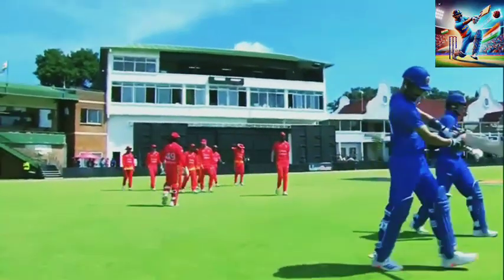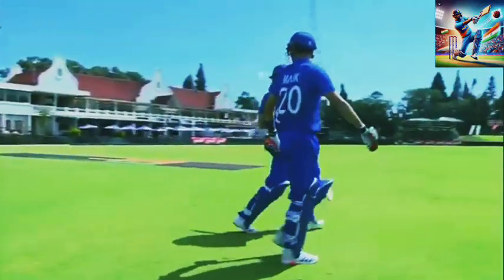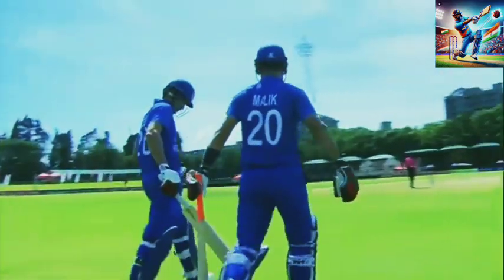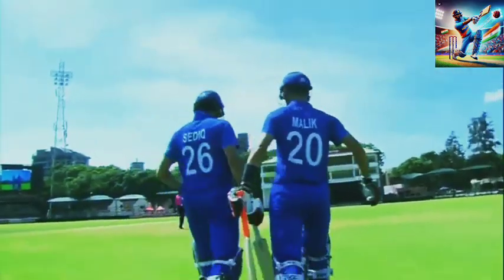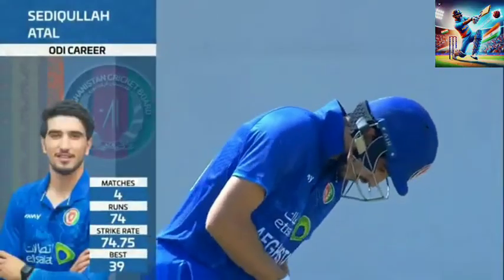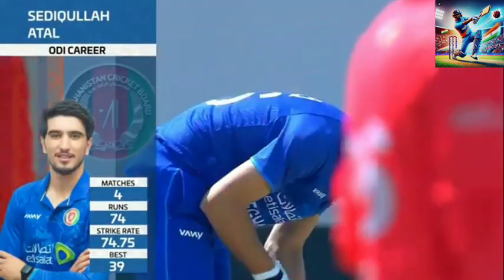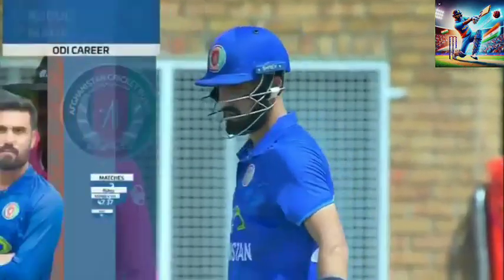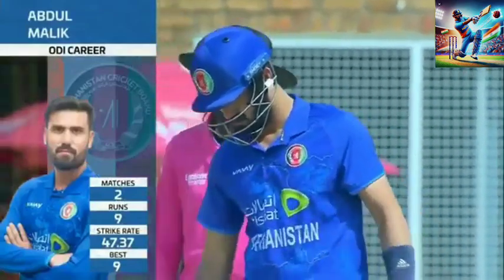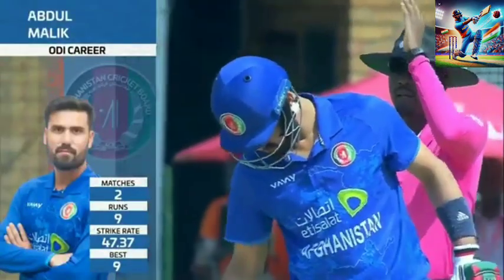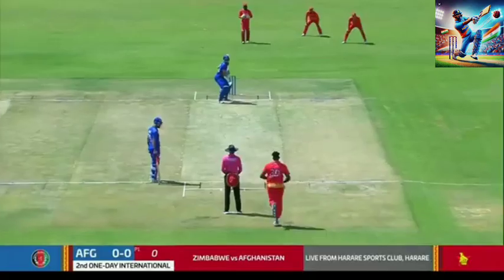You refer to those first 6 overs. Going to be very interesting to see how they go. Same pitch as the other day. Lot of promise coming into this event. 4 matches, 74 runs for him. Abdul Malik has been performing admirably well in domestic tournaments, T20 series, and